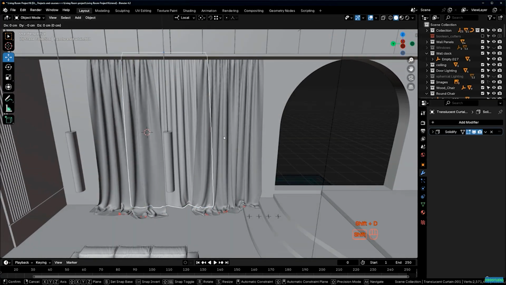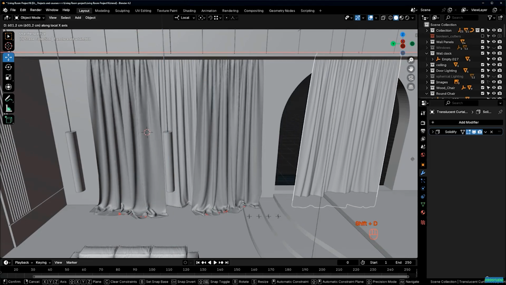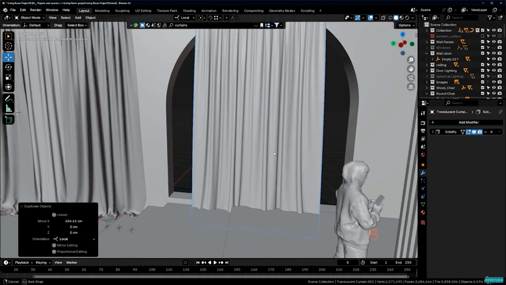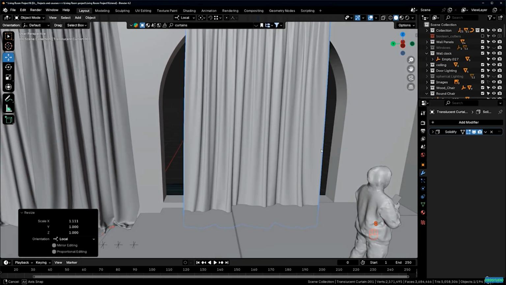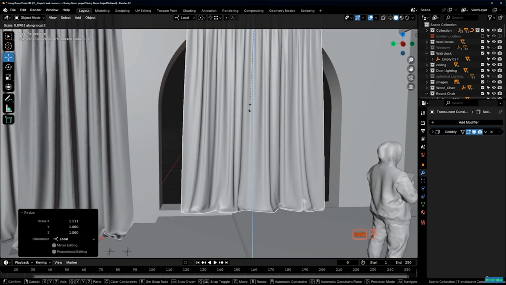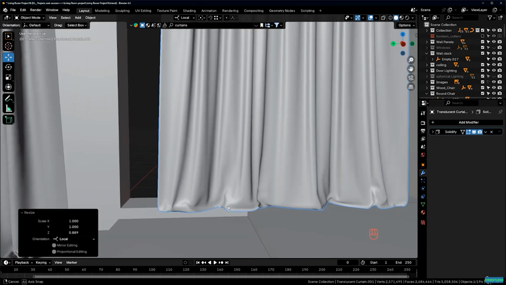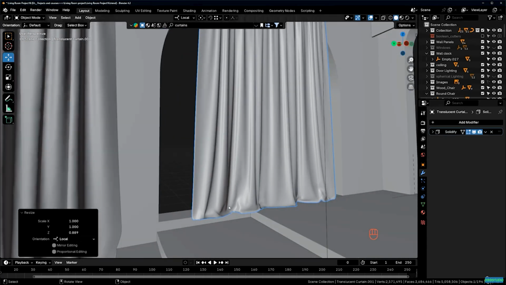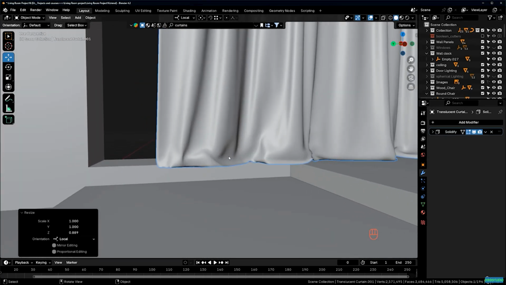So let's grab this one, hit Shift D, and let's take this one over here. And maybe we can make this one wider a little bit, shorter, S to the Z, and let's scale this up like that, I guess. All right, something like this. And now I guess we can